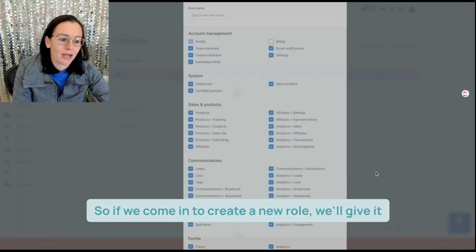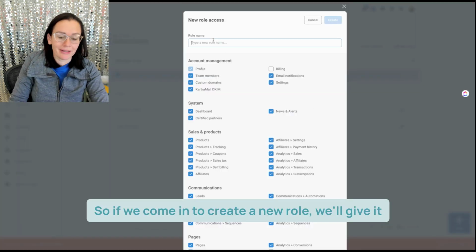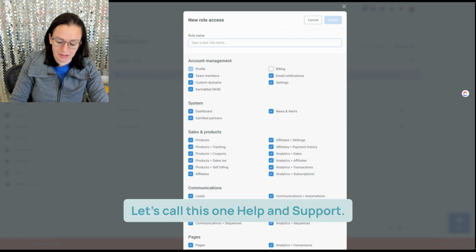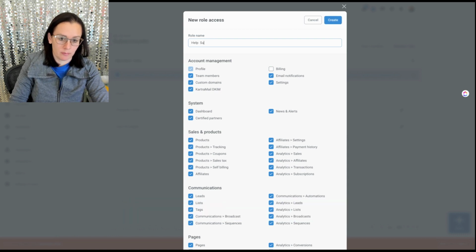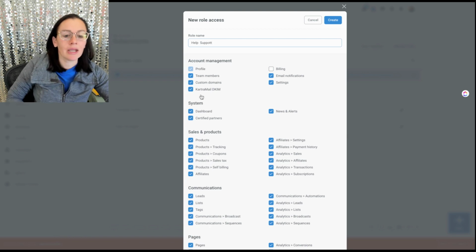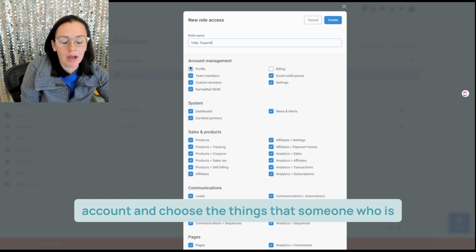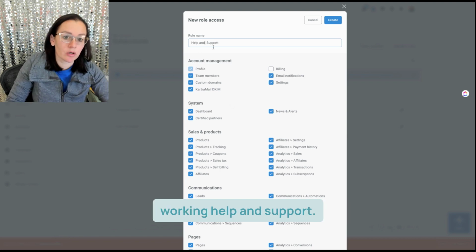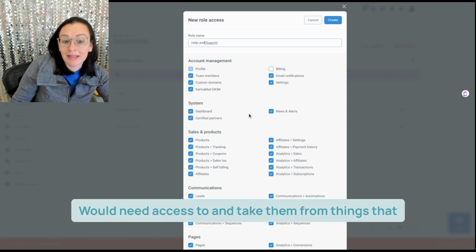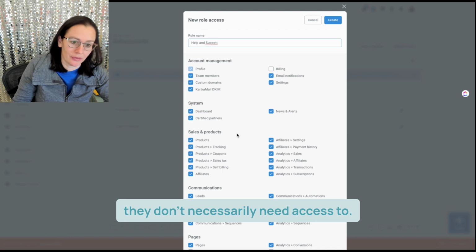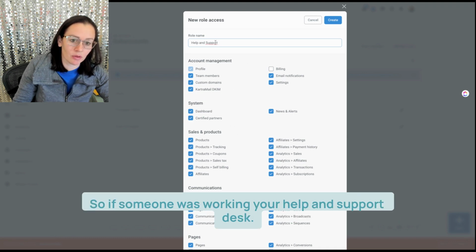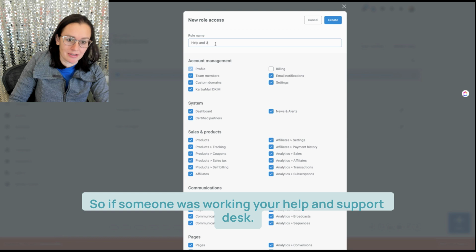So if we come in to create a new role, we'll give it a job title. Let's call this one Help and Support. And now we can go through everything within your account and choose the things that someone who is working help and support would need access to, and take them from things that they don't necessarily need access to. So if someone was working your help and support desk,